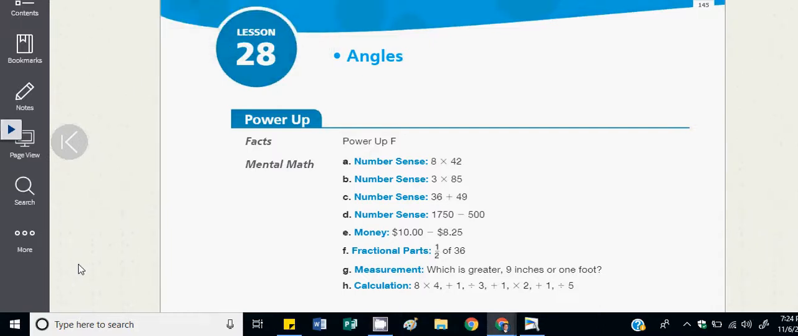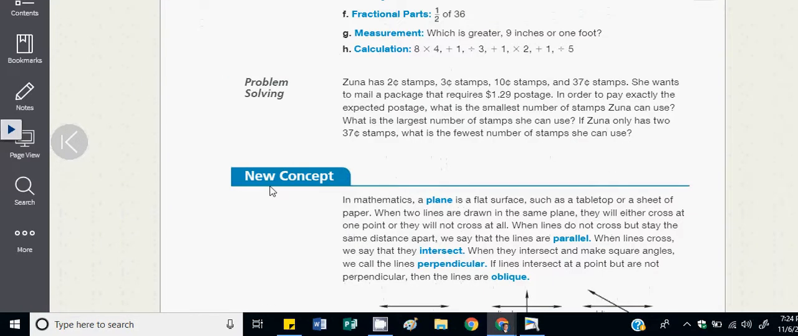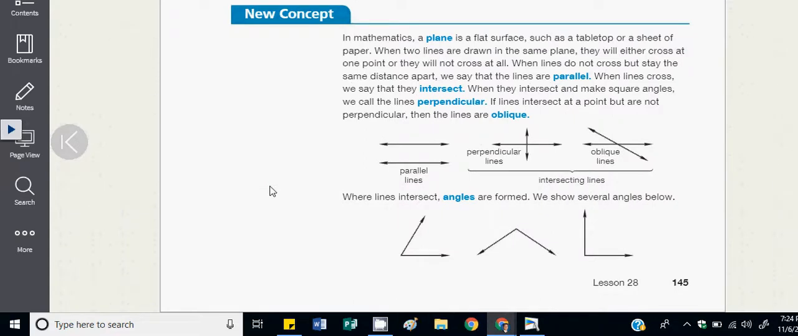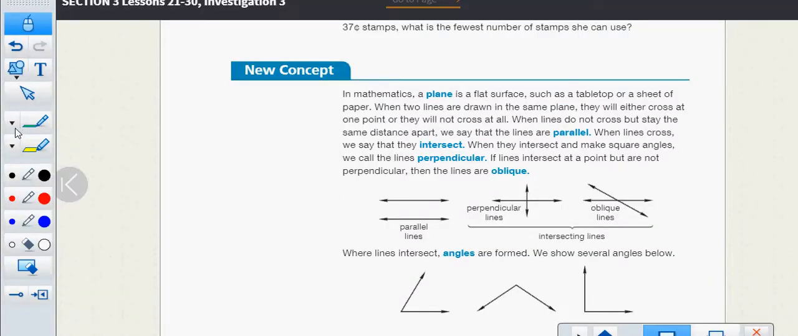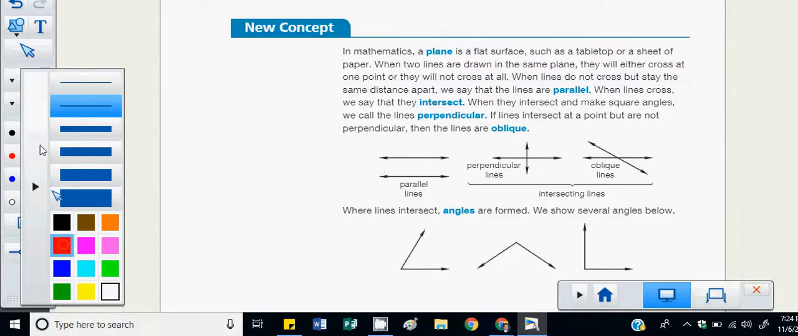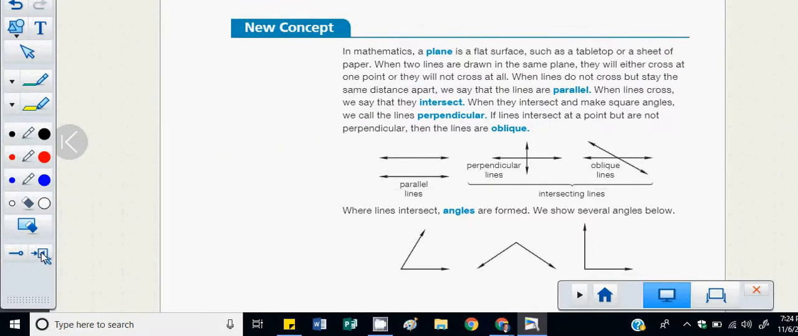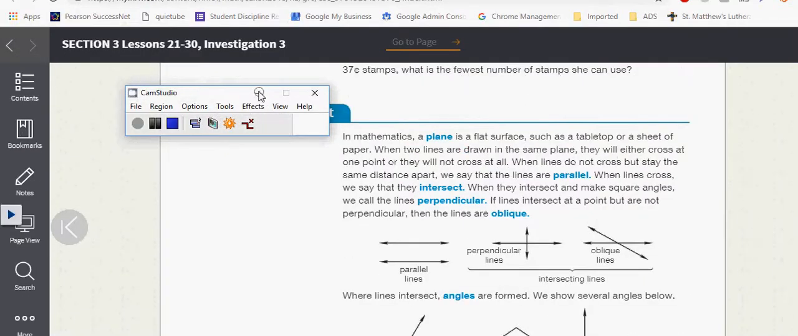Course 1 Math, Lesson 28 is called Angles. In math, geometry specifically, we have some terms you should get your math notes out to understand and take note of for the future. In geometry, a plane is a flat surface, okay? A plane